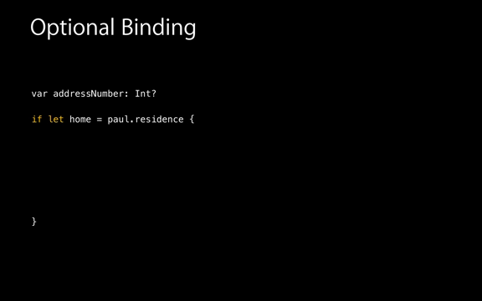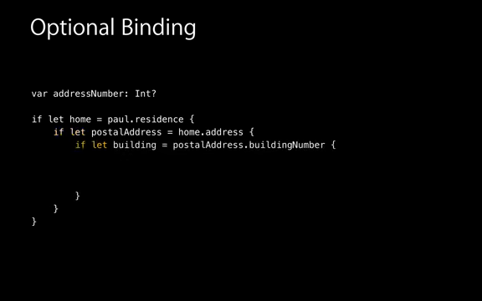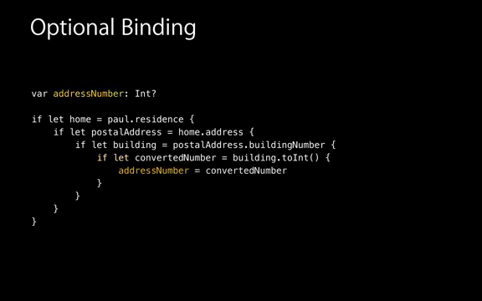Well, we could use if-let binding to drill down through all of these properties and subproperties of the classes that we've defined. So first we can test to see if Paul has a residence. If so, unwrap it, assign it to home. We can do the same with the address. And finally, we can drill down and use the toInt method to convert that string into a number and assign it to the address variable. But this is really cumbersome, as you can tell. This does not lead to pretty code, and it's kind of hard to follow all of the nested if-let syntax